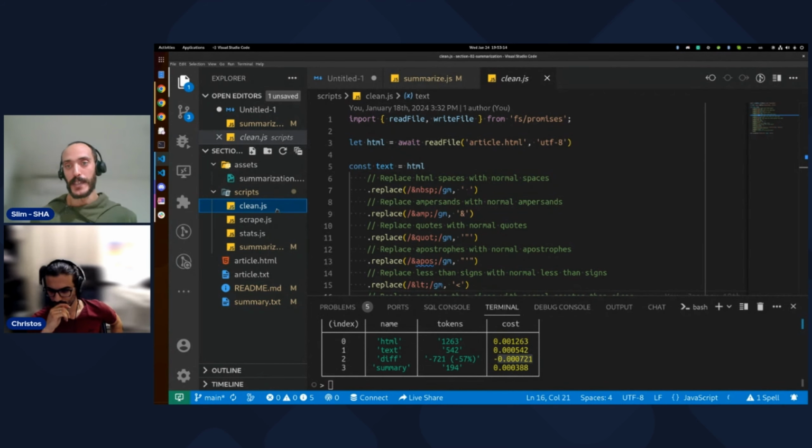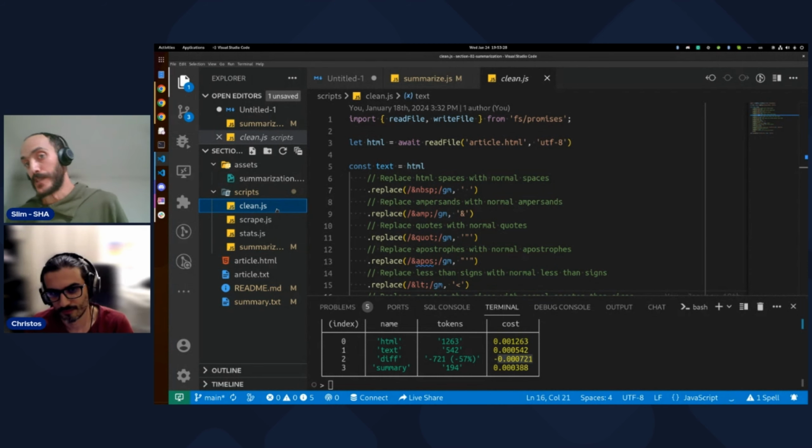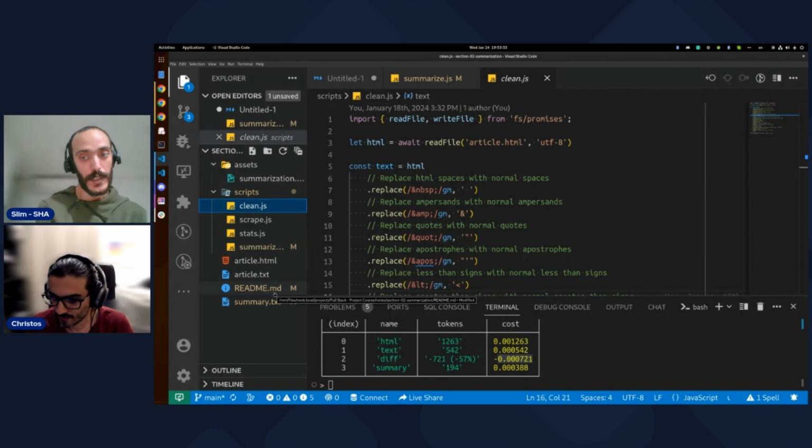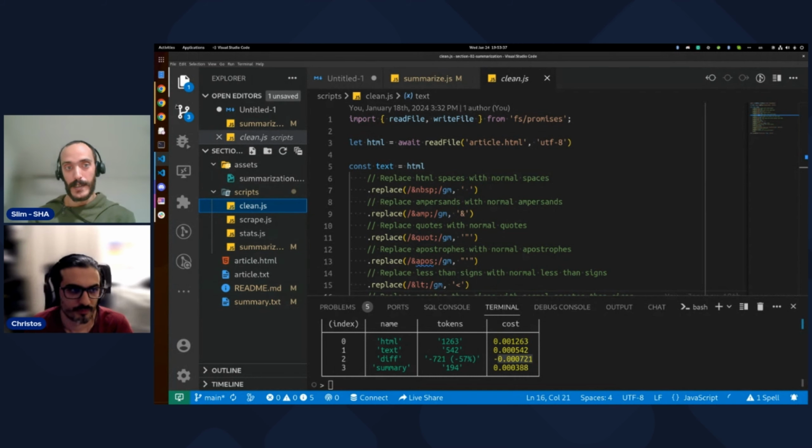So instead of paying for all of that, we can write a piece of code to extract the text that we need summarized, feed that text to OpenAI, and reduce the cost by half. And we can also use some open libraries that act similarly to OpenAI,